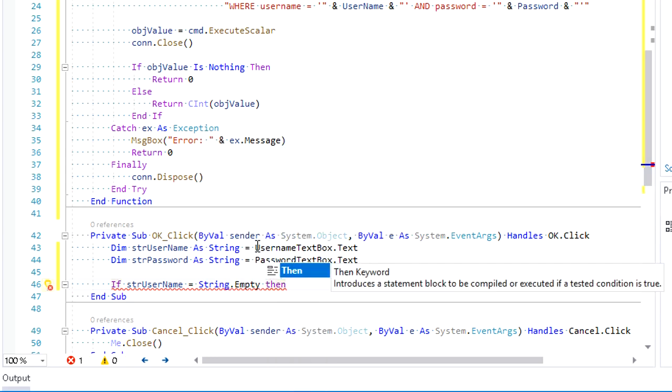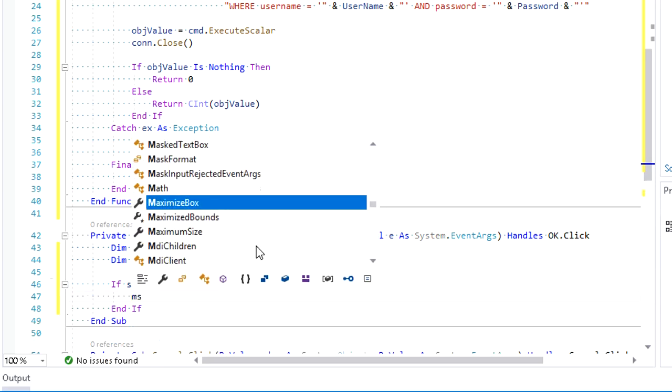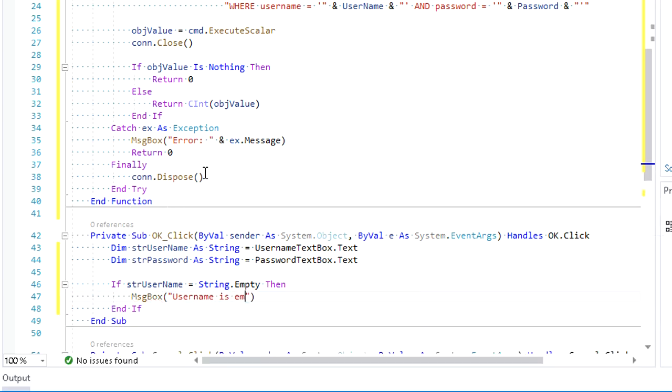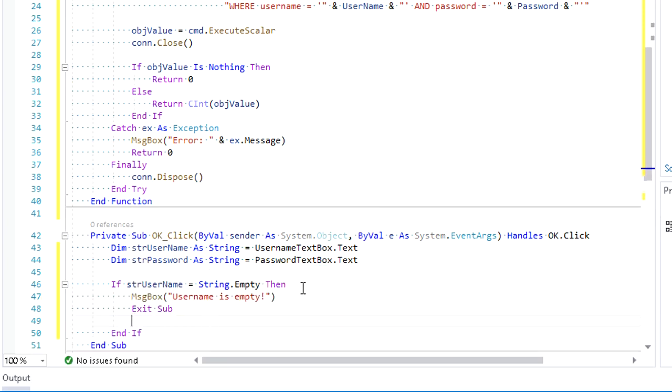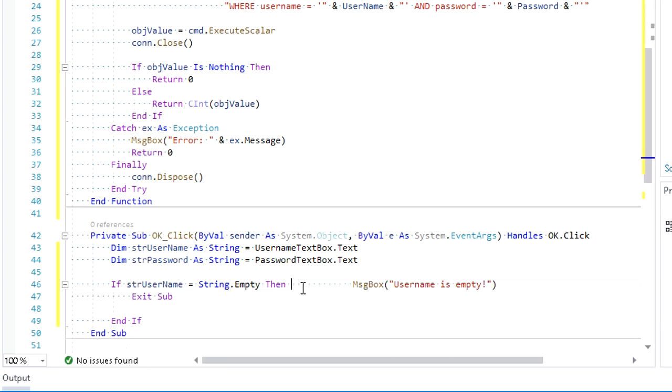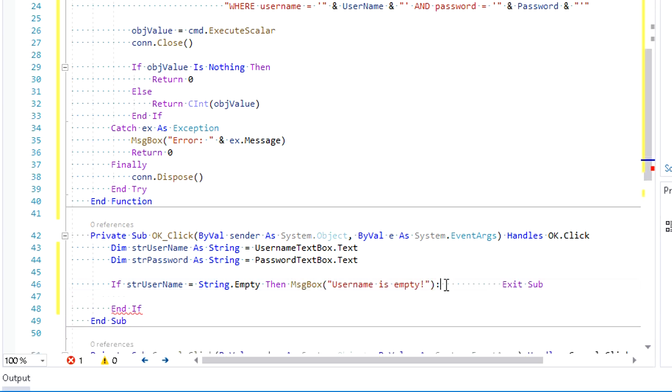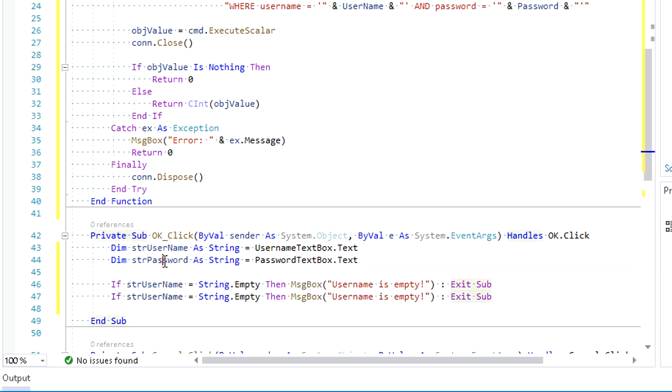If username is empty, then the message box shows a message that username is empty, then exit from the event procedure using the Exit Sub syntax. By the way, we can summarize the code into one line like this. Delete this and the if code. Do the same for password. Let's just copy paste, then change the variable and text to suit the password.